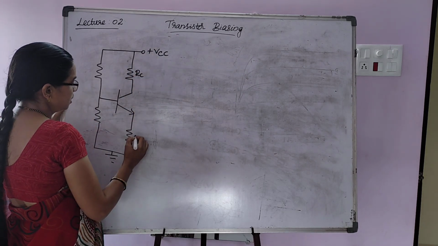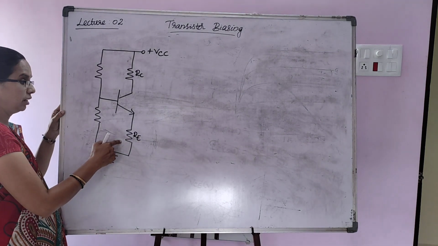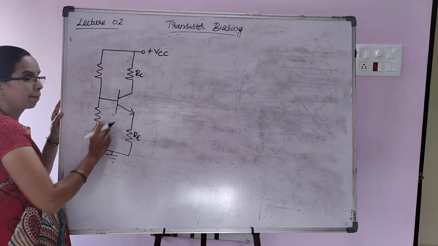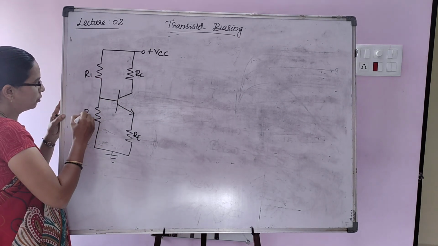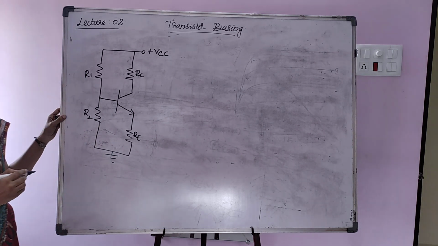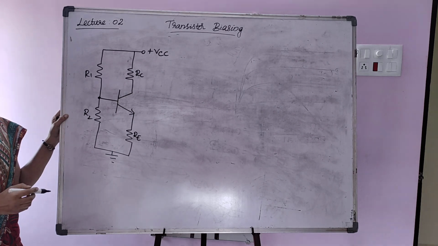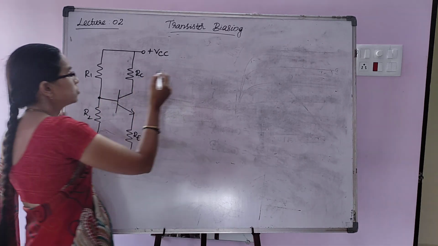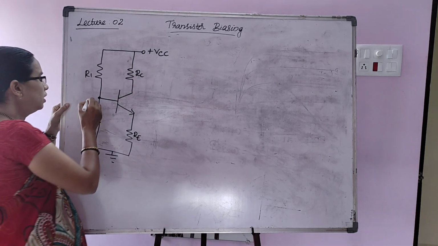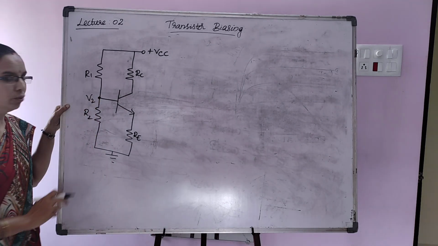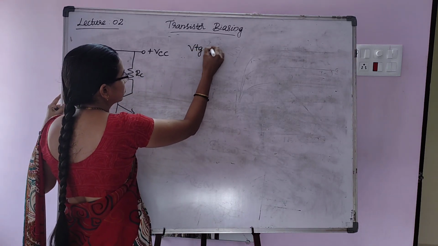This is RC, this is RE, the extra resistance we have connected in the voltage divider biasing circuit. R1 and R2 are the two resistors which form the voltage divider in this circuit. Let me call this point V2. The voltage across R2